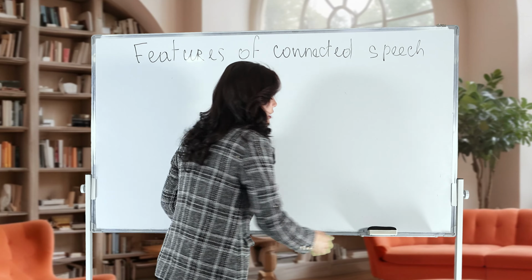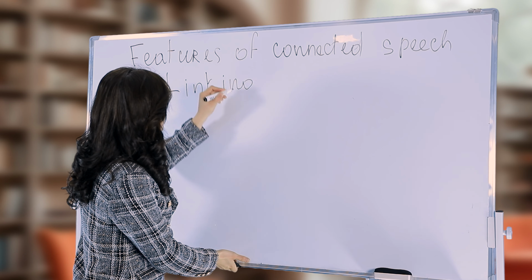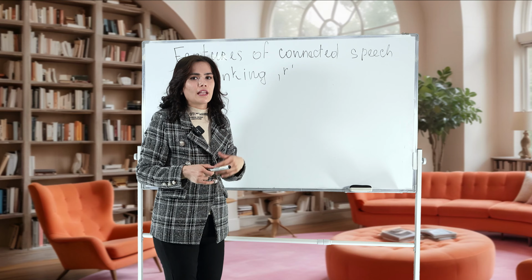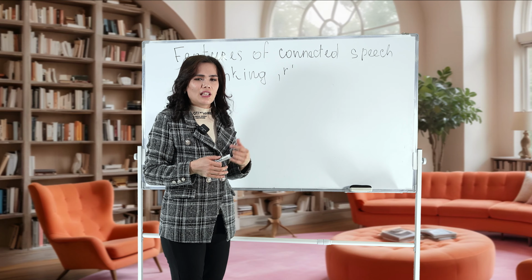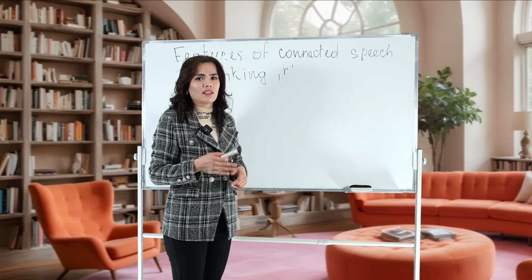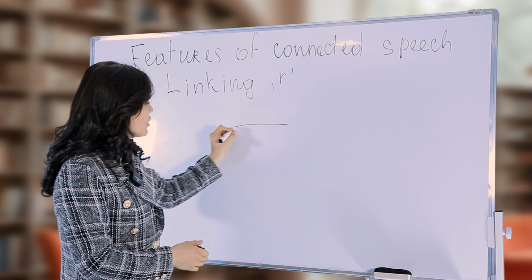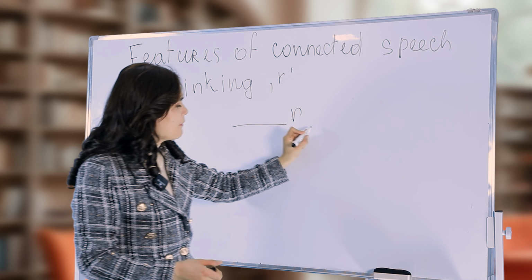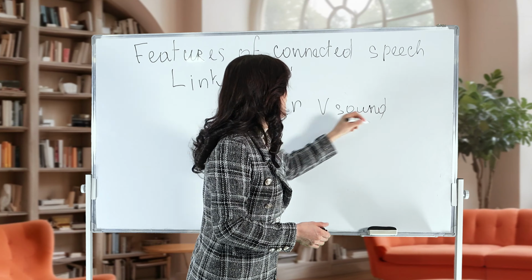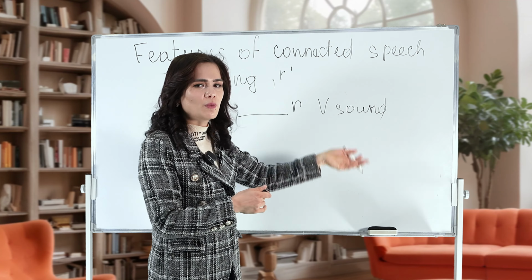It is linking R. Most students who have studied English practical phonetics clearly know that at the end of the word, R is not pronounced, like doctor, teacher, daughter, etc. Okay, but sometimes when your word ends with R and the following word begins with a vowel sound, in that case, you can pronounce R because of the vowel sound that comes in the following word,